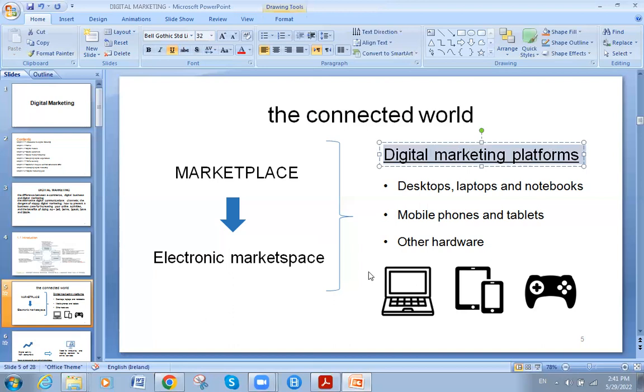We need a very strong enhancement of the digital marketing in all our everyday life. So what we have in the digital marketing, the marketplace is not like the traditional market. In the digital marketing, we have an electronic marketplace. What is the electronic marketplace? What do we own here? We own a laptop or a desktop and software and Wi-Fi. This is the electronic